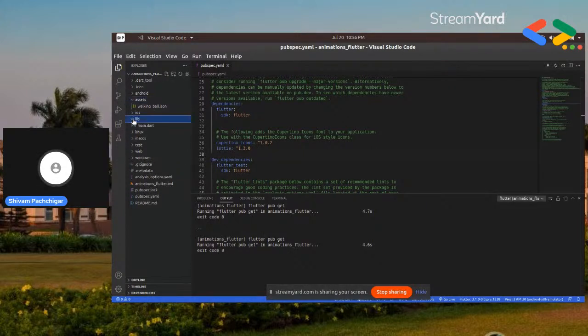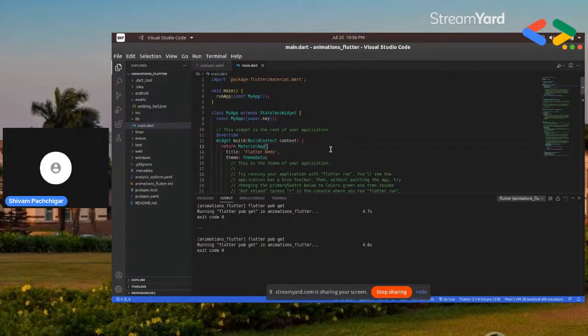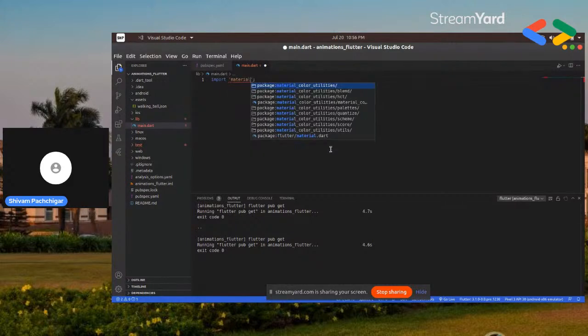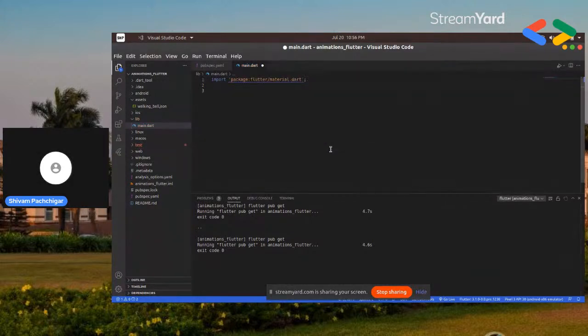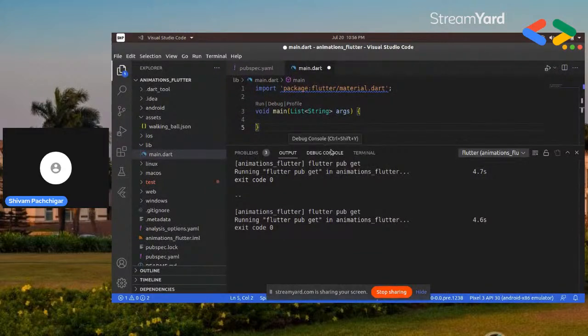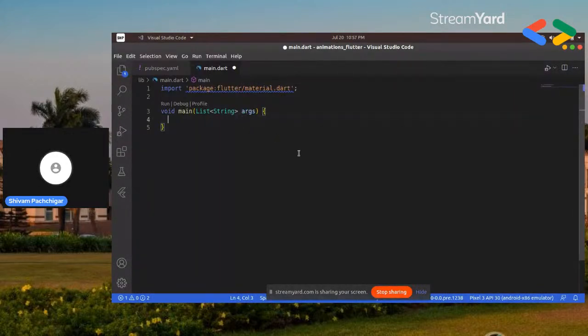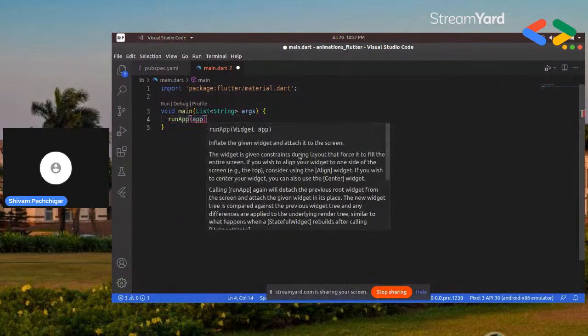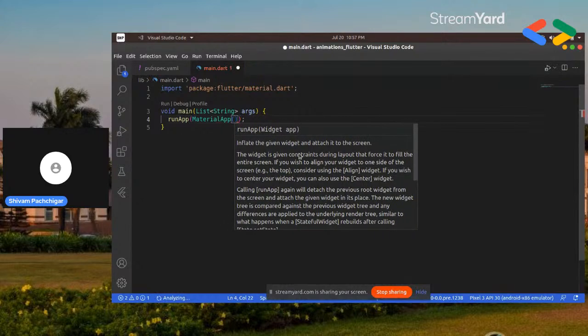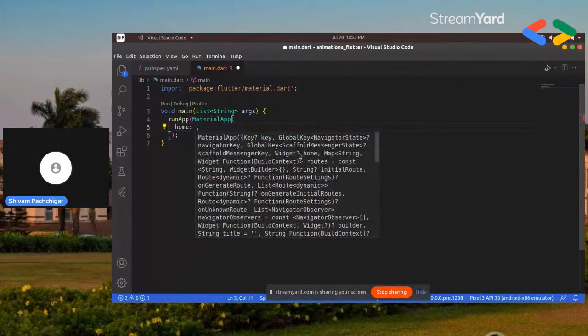Okay. So now we will head on to our main.dart file. I will just remove all the code that is here and I will import the material library. So here it is, and I will create a main method. I will just increase the text size to make it more visible to you. Okay, and in this main method, I will pass a runApp function in which I will pass a MaterialApp,